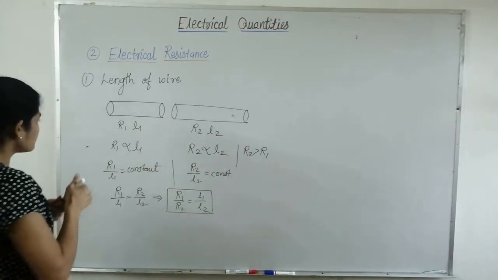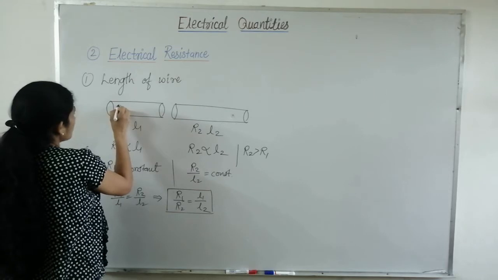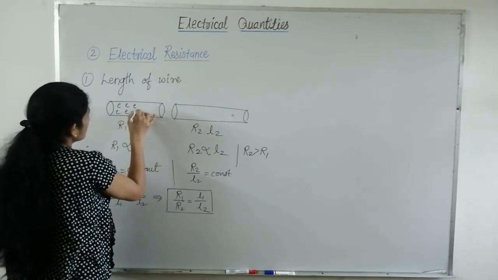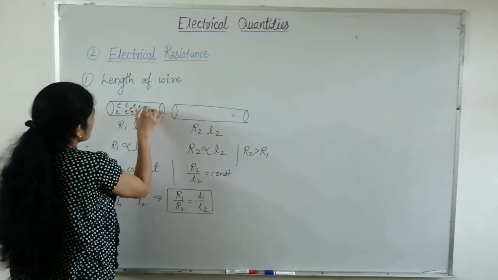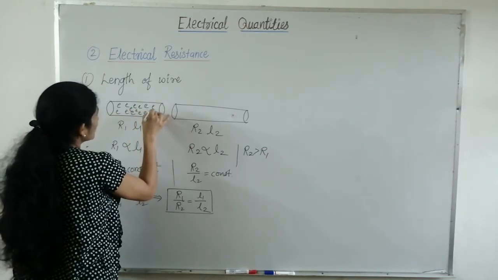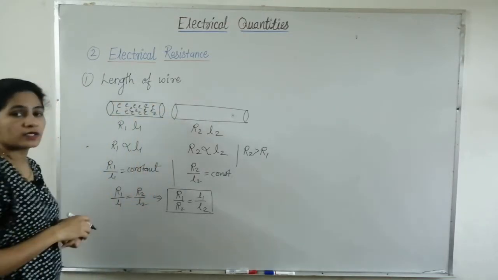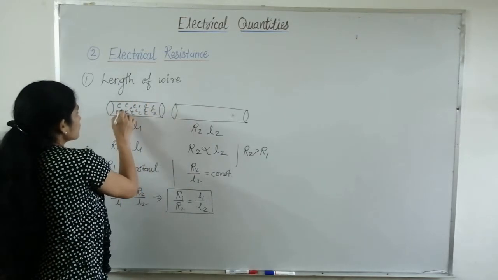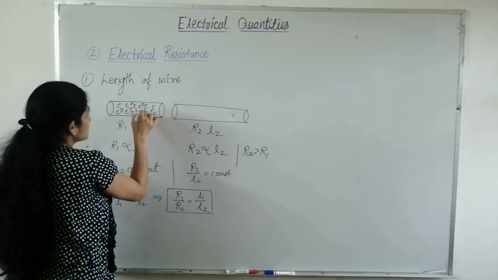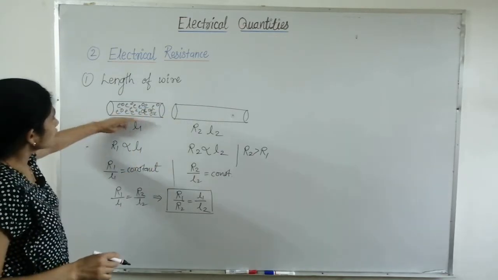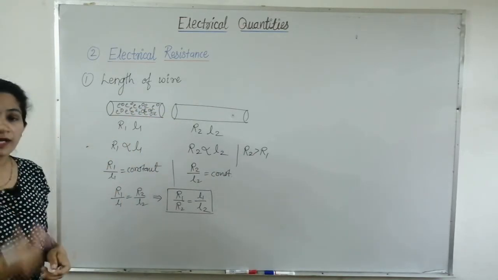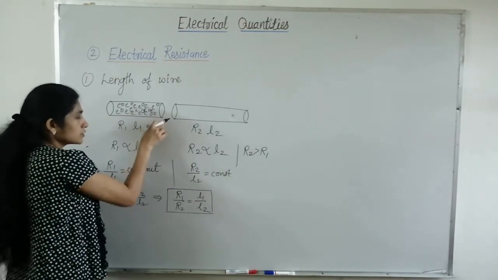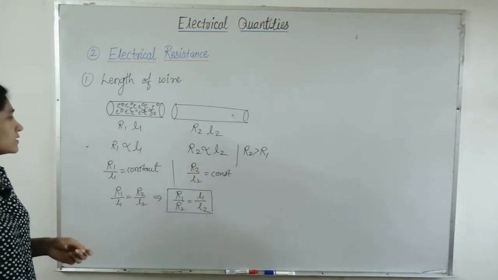Let's understand. See, the motion of electrons through a conductor is similar to the obstacle race. We can treat the motion of electrons through the conductor as an obstacle race because along with the electrons, atoms are also present inside the conductor. So when electrons move through this conductor, they collide with atoms. These electrons collide with atoms, which gives rise to resistance.